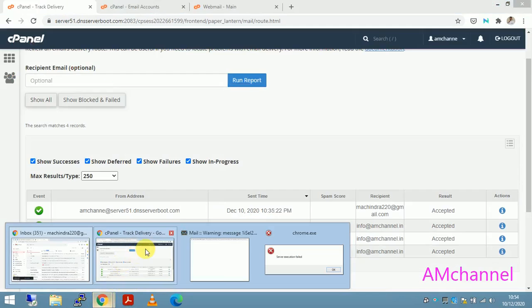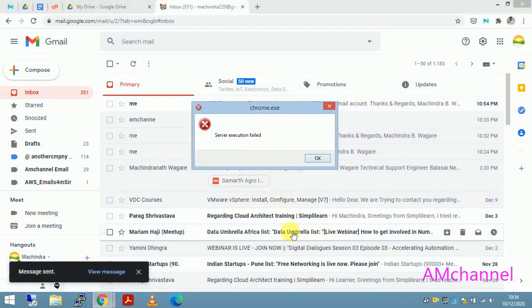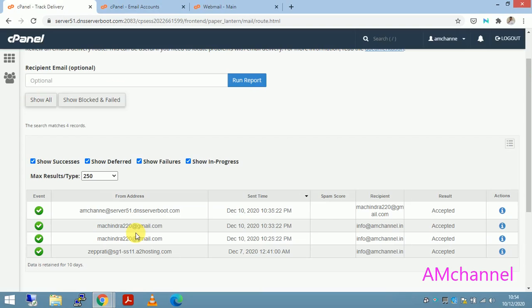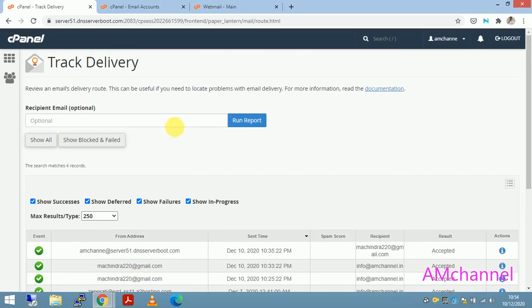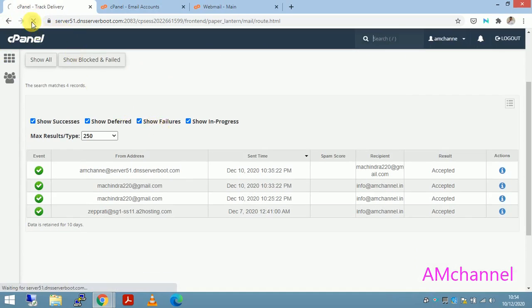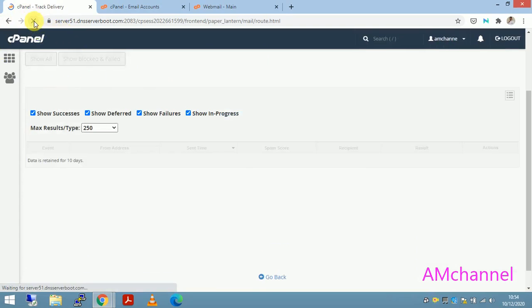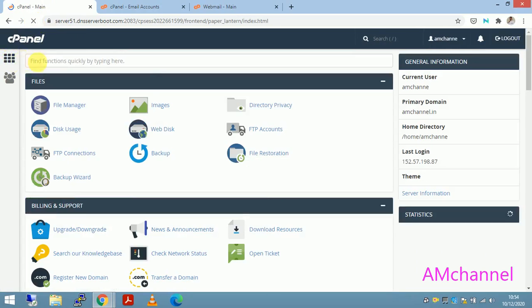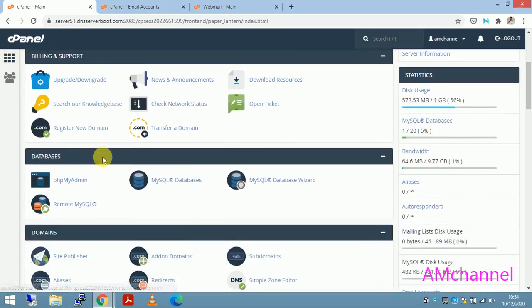Now to check track delivery, we will reload this. It may take some time. Or else I will go to the dashboard.